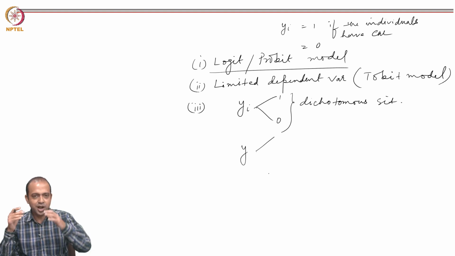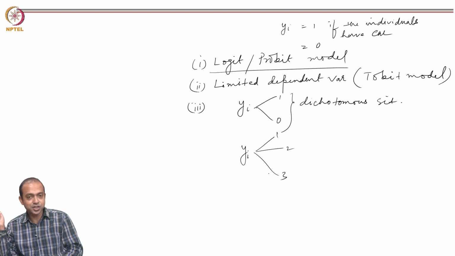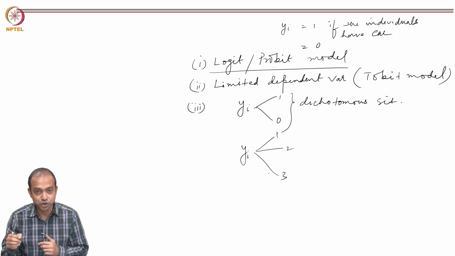So, that means now I have multiple options for the yi. How do you model that situation? That situation is a polychotomous situation within the class of qualitative response models, and then we will discuss what type of models are going to be